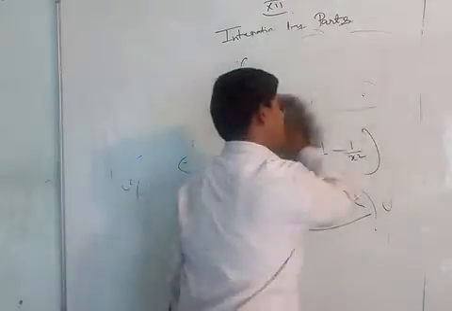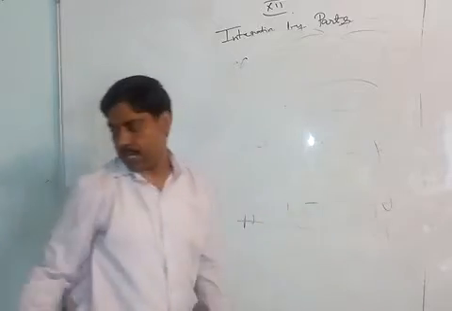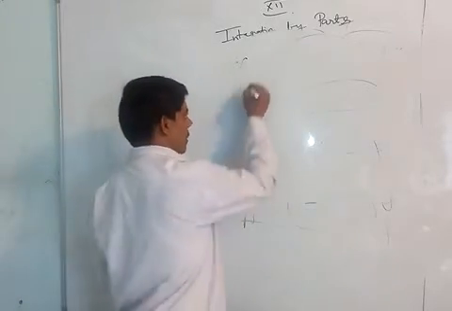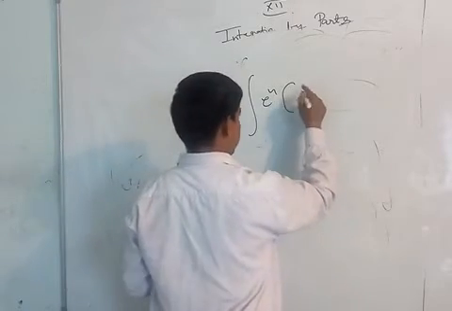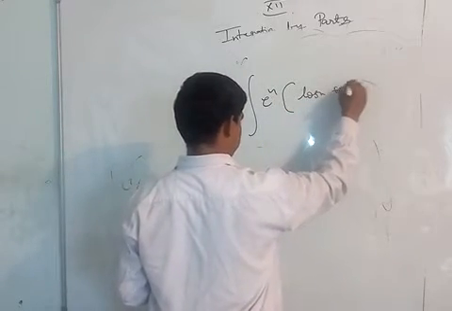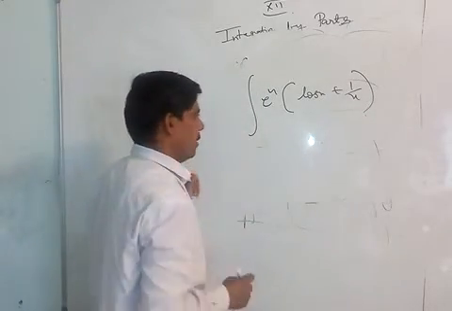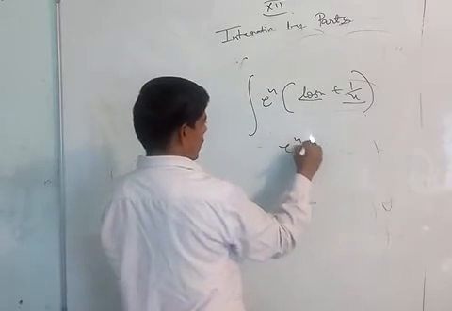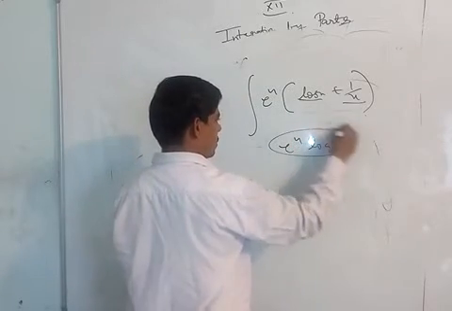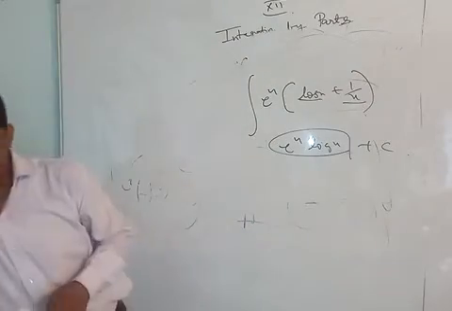Now this is a very easy technique. You can use it. Law of cancellation. In the exam also you can write law of cancellation and directly write. Suppose we got e to the power x, suppose this is log x plus 1 by x, something like this. So again you can write f(x), f dash x derivative. So the direct answer is e to the power x log x plus c. Directly you can write, right?